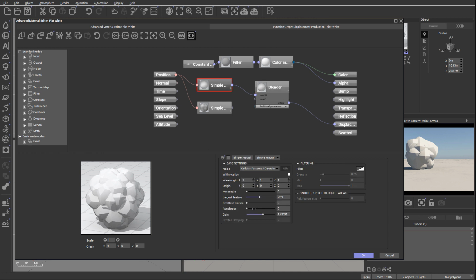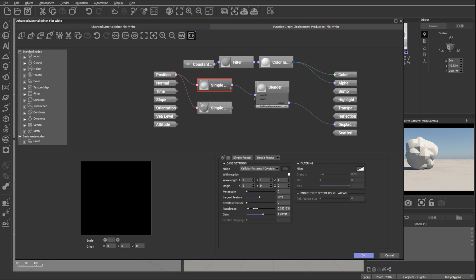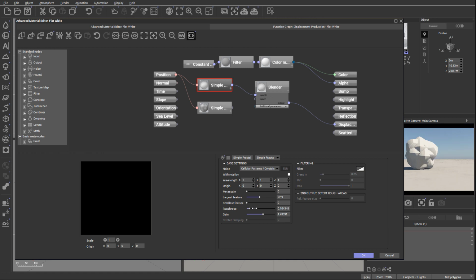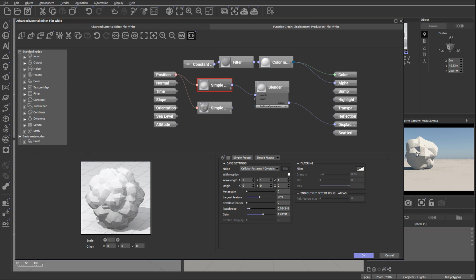And you know what? Let's pop up roughness just a little bit. This will add some of this. I don't want to add too much, just a little bit of effect. And larger features. Again, you can go around and play with all of these and see how it works for you. Okay, next we'll take